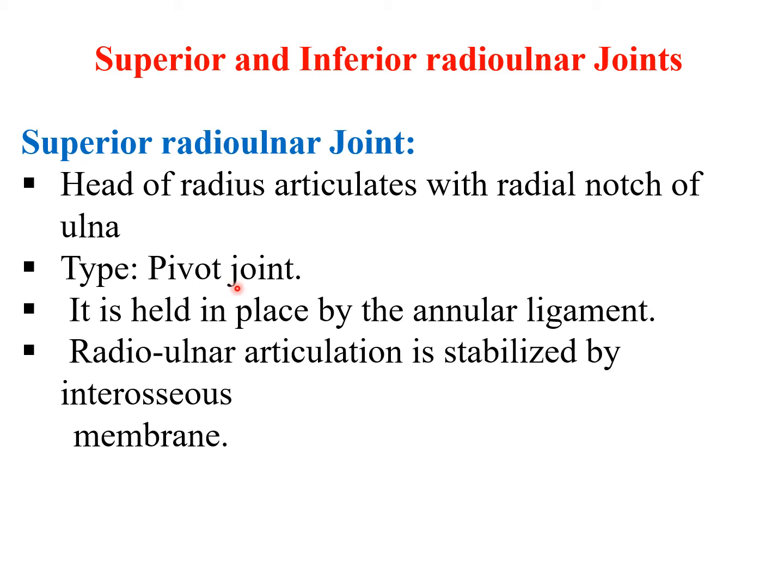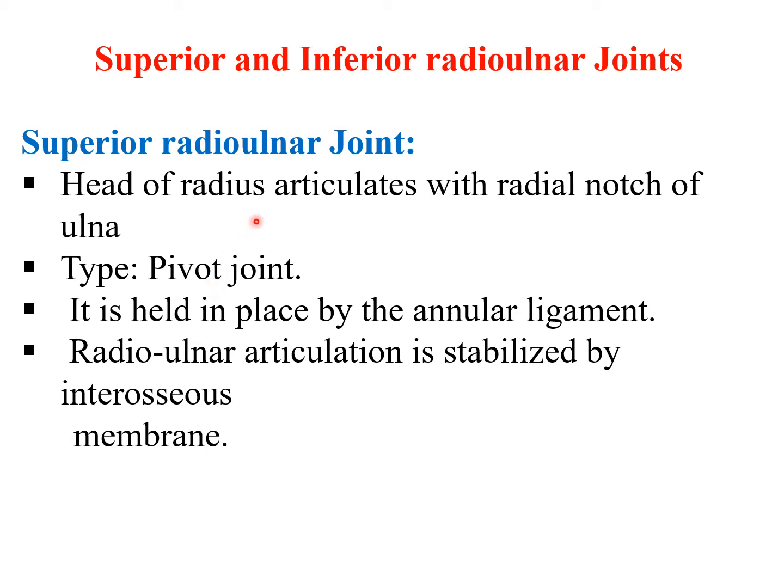Already in foundation we have discussed the types of synovial joints. Pivot is a type of joint in which one bone rotates on the other bone, or rotates around a ligament on the other bone, and this is the only type of joint in the body in which the axis of movement is vertical. In most of the other joints the axes of movement are horizontal, but in the pivot joint the axis of movement is vertical, which we are going to discuss.